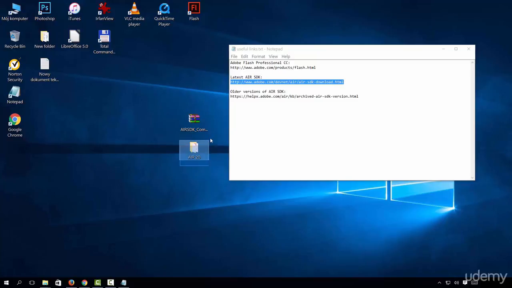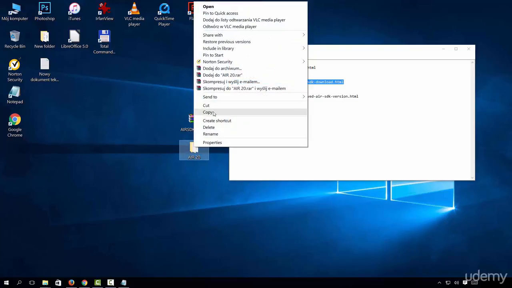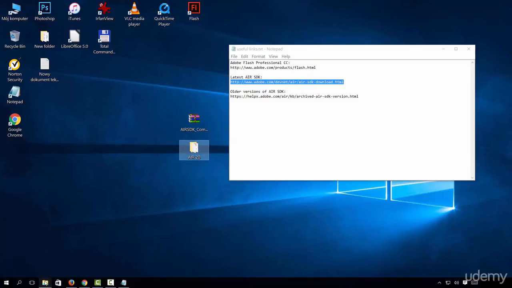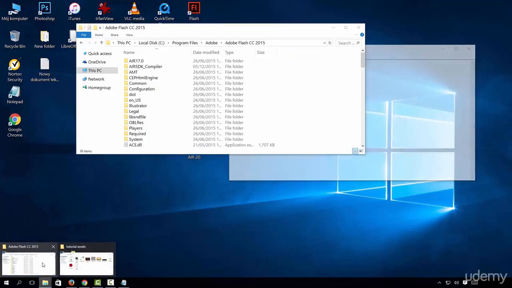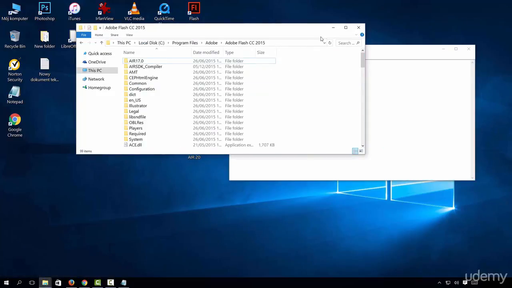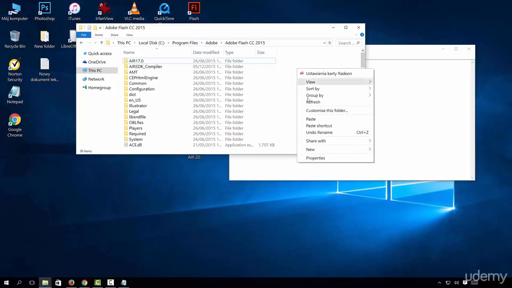It's not a requirement, and you'll see in a second why I'm doing it. So let's just copy it like this, and we'll paste it into the Adobe Flash directory, which in my case is program files. So let's just paste it here,